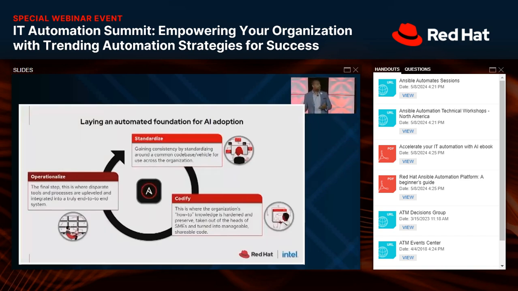And then once you go from there, you think that, oh, I've standardized, I've created some content, I'm good to go. Yes, but you have to remember that automation content needs to be treated as if it was application code, right? Every once in a while, you will need to go back and do updates to that content and figure out if there's a way that you can streamline it, make it better, utilize a new collection that maybe now exists that didn't exist before. So you will have to go back and look at that content and refresh it every once in a while.